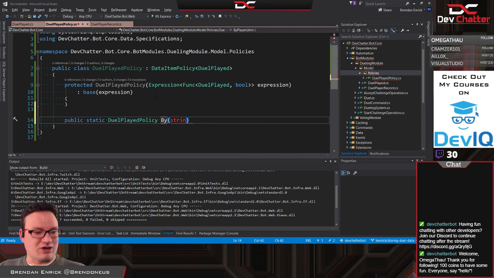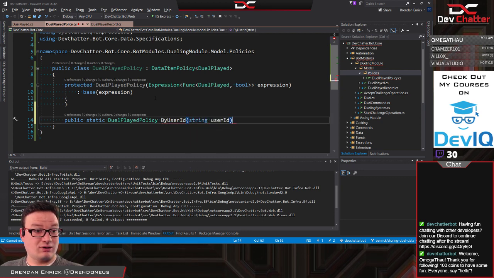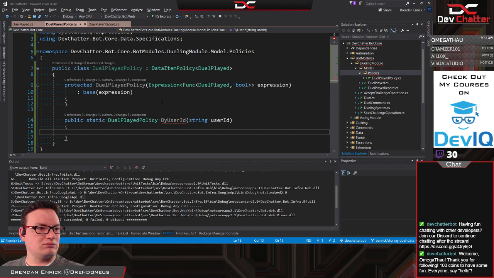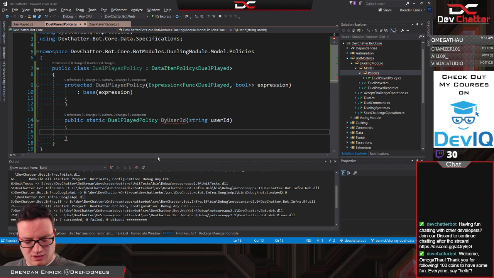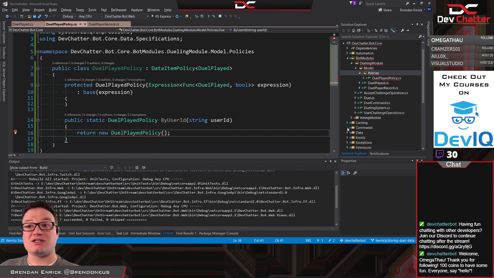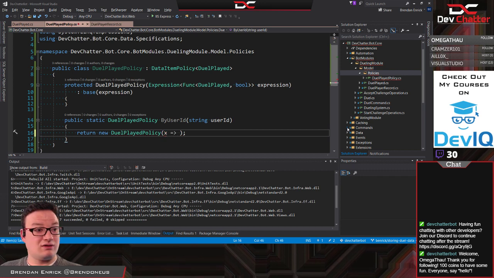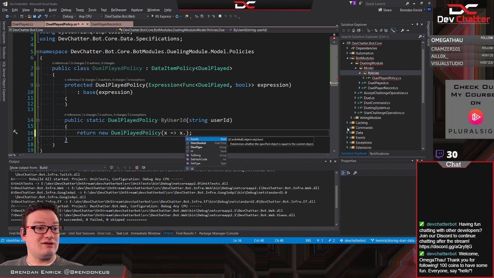Let's say by user ID. Public static by user ID. Okay, return new one of those, and now it needs an expression. So what we write for this is this: x dot